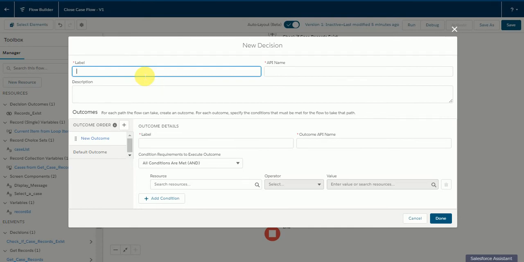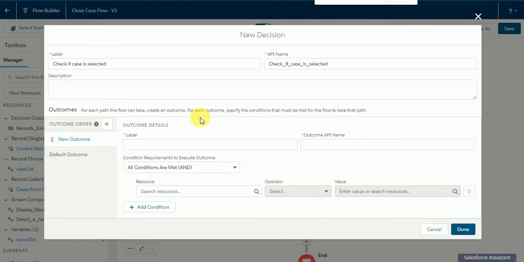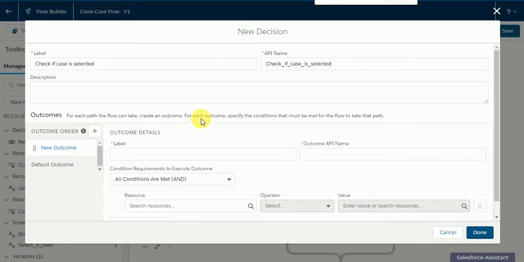Here I'm going to use a decision box, and I'm going to add check if case is selected. I'm going to do this, check if case is selected. And here the outcome name is case selected. And here I'm going to do one thing.